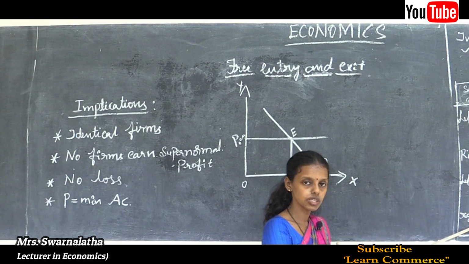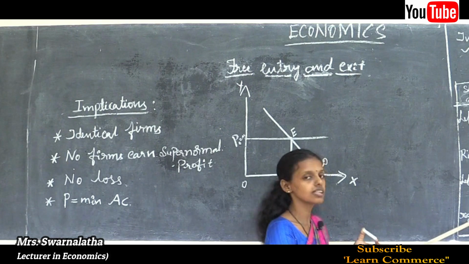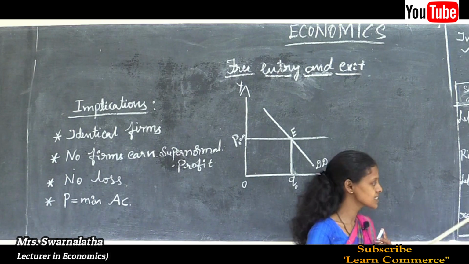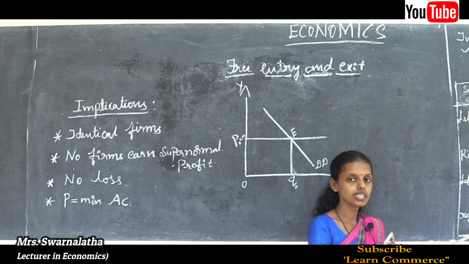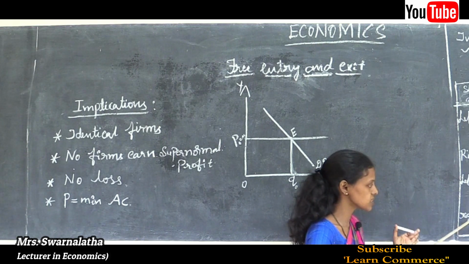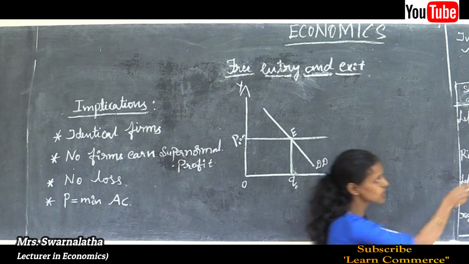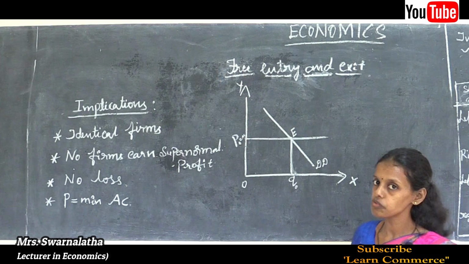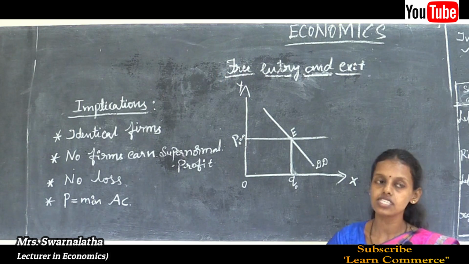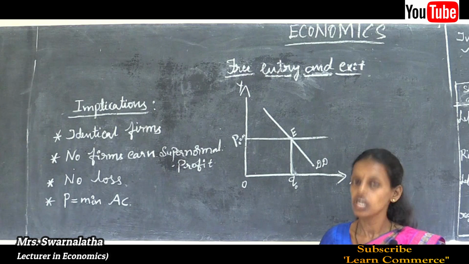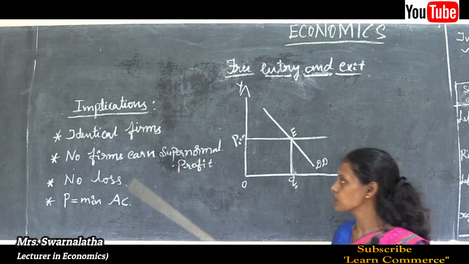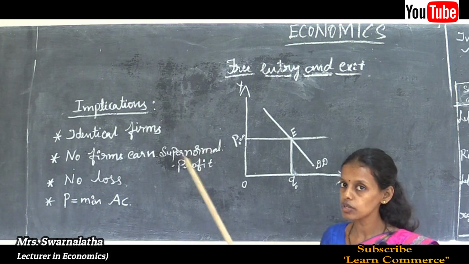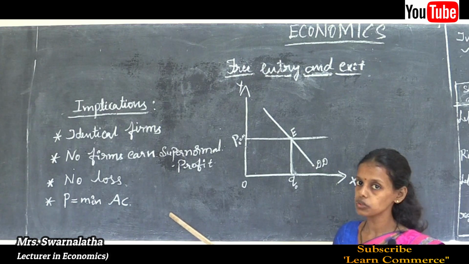A shift in the demand curve to the rightward is nothing but, students, an increase in the demand for the commodity. That leads to less supply. This leads to excess demand in the market. Why is there less supply? A decrease in the price leads to less supply of the commodity. So some firms will exit from the industry, because of fear of getting a loss in the business. They are going to earn only the normal profit and are unable to continue the business.